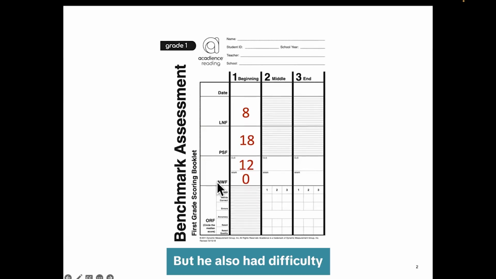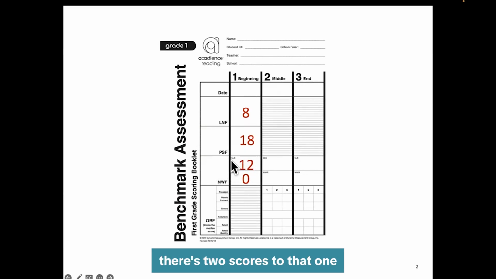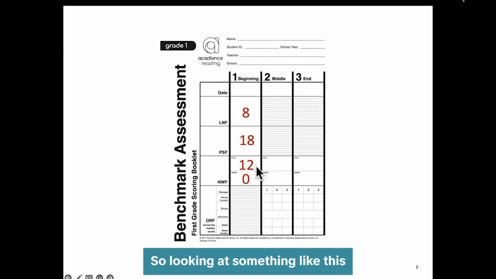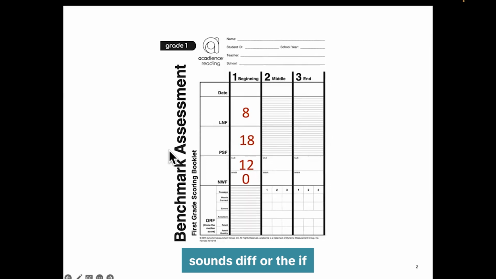He also had difficulty with nonsense word fluency, NWF. I mentioned there's 2 scores to that one. On the correct letter sounds score, we want students to be at least 27, and he had 12. So looking at something like DIF and being able to say the sounds diff or if,